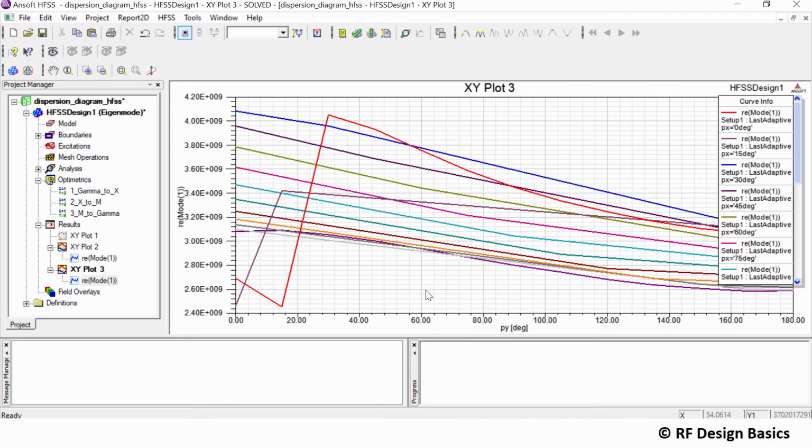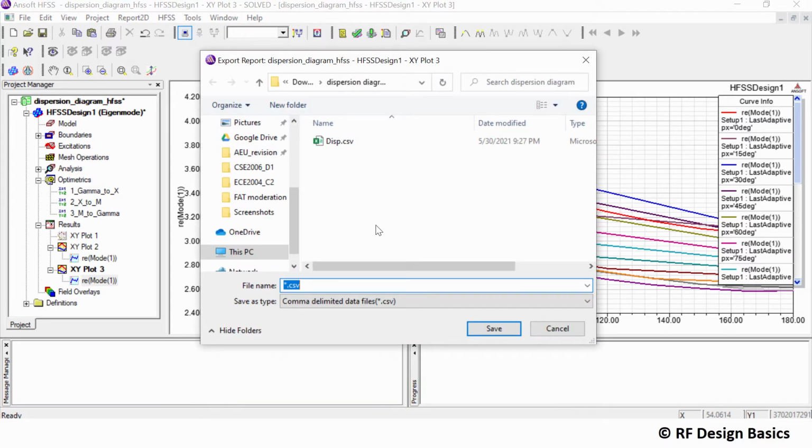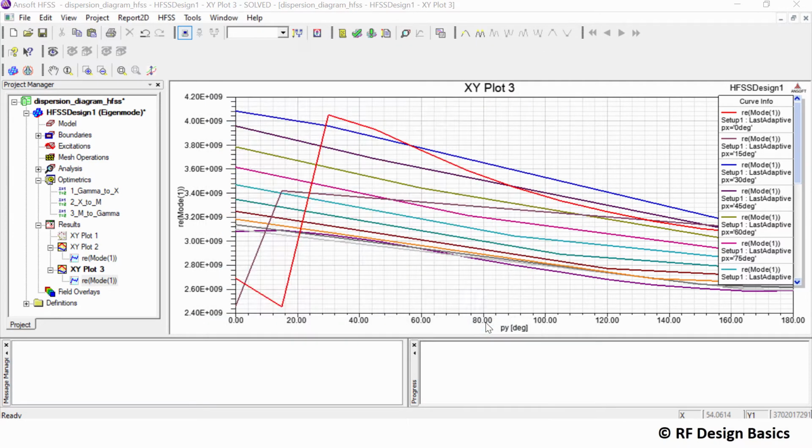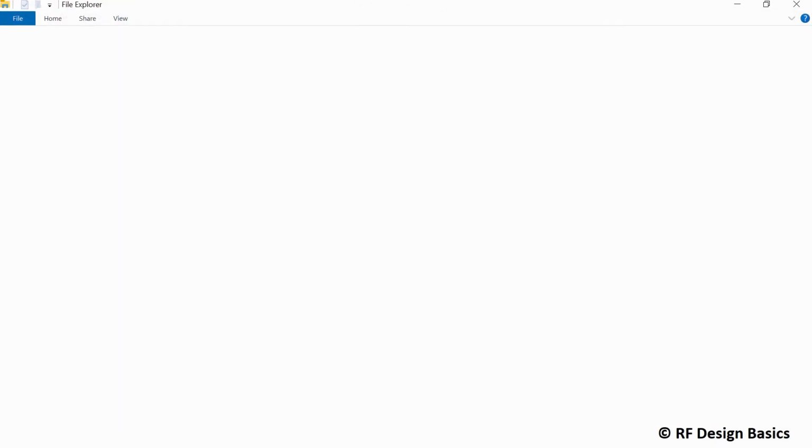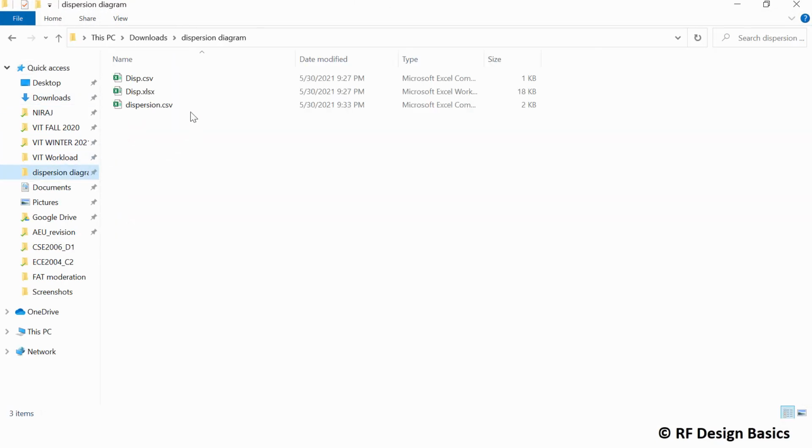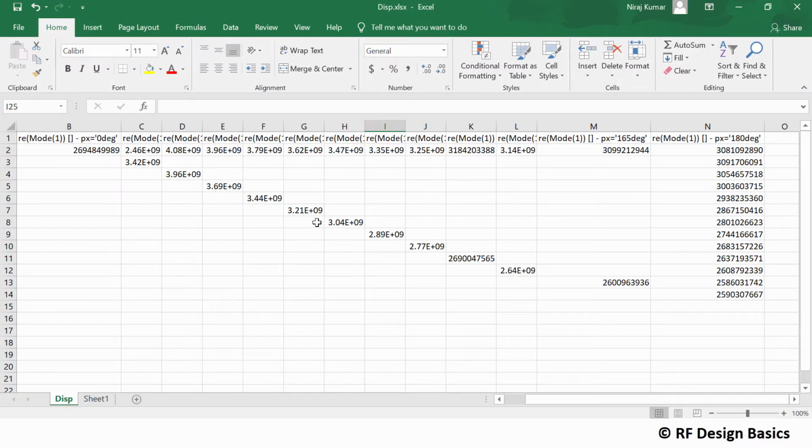So export it. After exporting, you can just put some name here. I'll put dispersion and save it in my folder. When you save it, we can see the folder here. This is the CSV file.